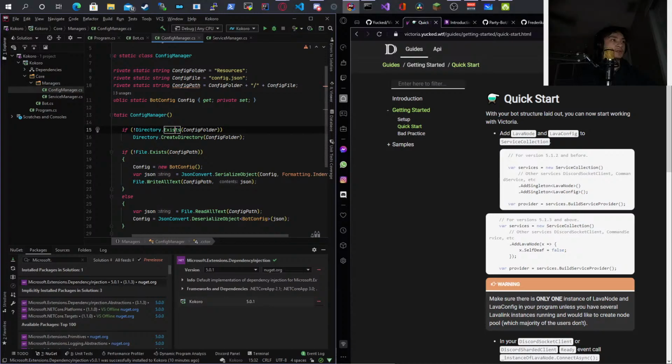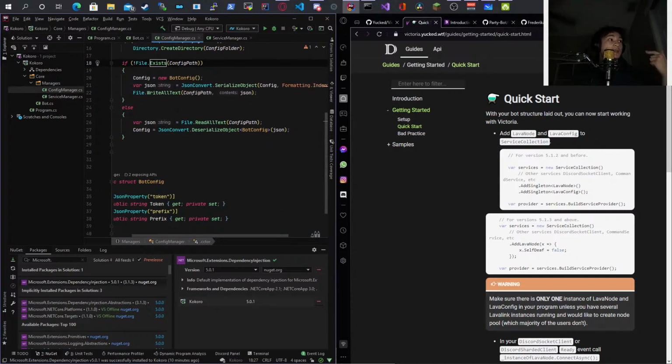It creates the folder if it does not exist, creates the file if it doesn't exist, then puts the information in, with token and prefix being null. And if the file does exist, then we're going to read the file and parse the lowercase token as token, assigning its value to the variable token. Same thing with the prefix.